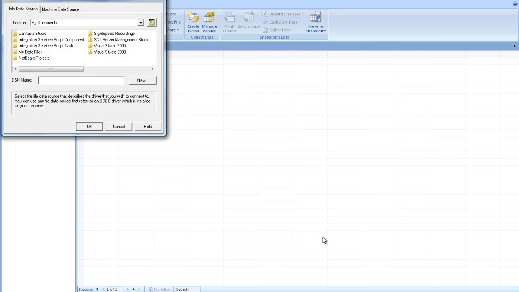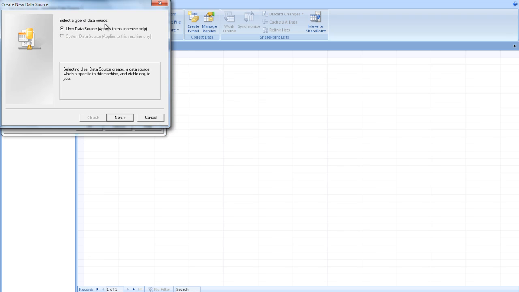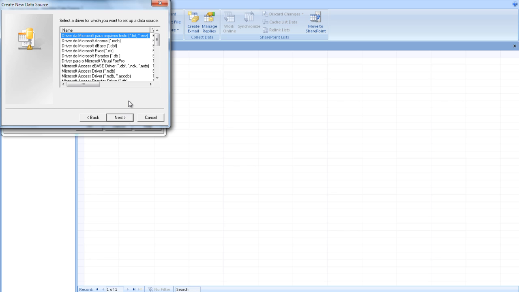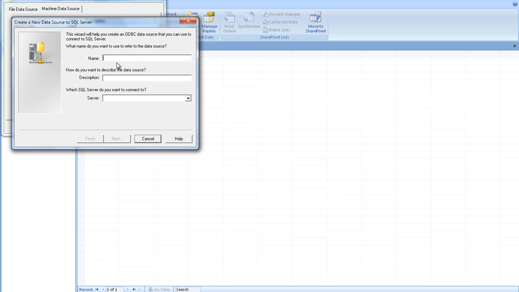And you click OK, and this pop-up will come up. Now you click on the machine data sources, you click new, and as you select a type of data source, choose user data source, click next, and you scroll along to SQL Server because that's the data source you're going to use, right? Click next, finish. I want to give you a reference data source and name. I'll give mine student information. Description would be